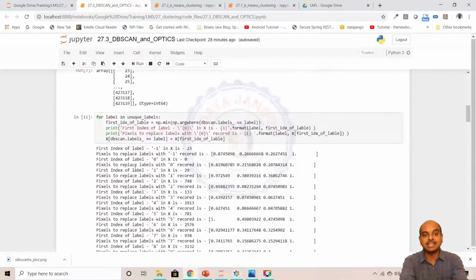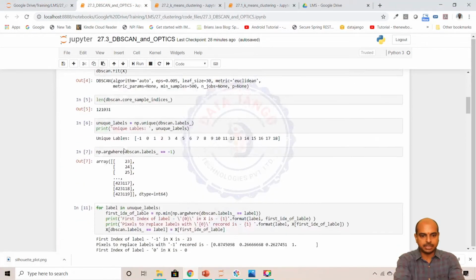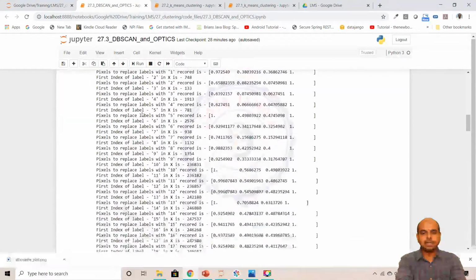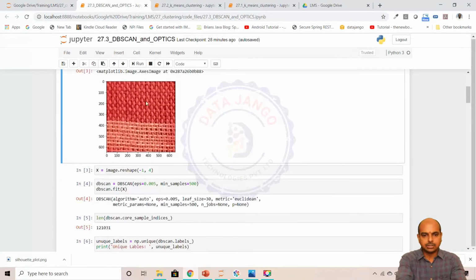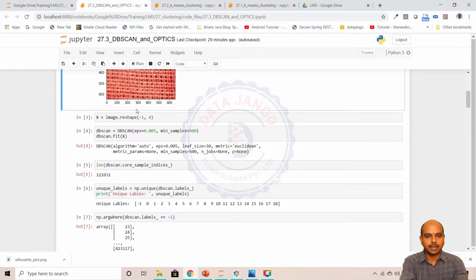So we used image segmentation to actually do that. We transformed this image to this image by doing image segmentation. What we did was we passed this to DBSCAN and tried to identify different clusters in there. For each cluster, we took the first record. This image is transformed into